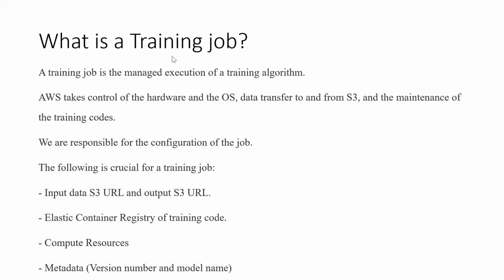The only thing you have to be responsible for is the configuration of the job. And if you are training a custom algorithm, you have to provide a container containing the codes that you have already trained and an S3 input file containing the data so that the model can train on it.